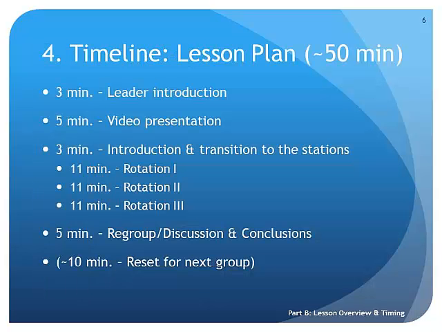Here is the basic timeline lesson plan format for each session of When Invasives Attack. You can assume that each session will take a bit less than an hour, in order to allow for some time between sessions to reset. Your room leader will provide a short group introduction to set the tone and the topic for students. The video presentation is just over 5 minutes long. After it concludes, your room leader may choose to conduct a short question and answer session to have the students define the problem in their own words prior to moving into the stations.